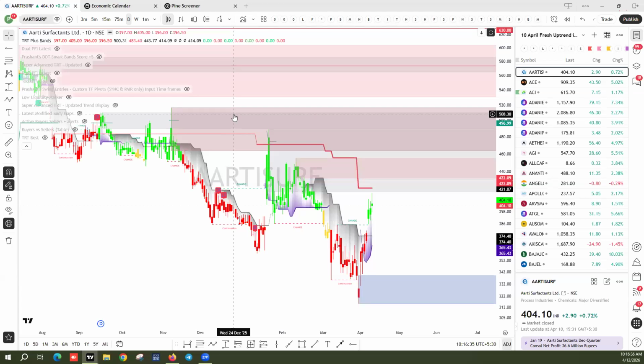And do you recommend fine tuning weekly entries on a daily time frame? Yes, that can be done. Weekly entries can be fine tuned on a daily time frame or even on a 75-minute time frame. But fine tuning means